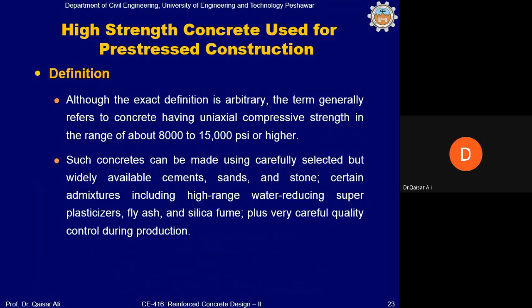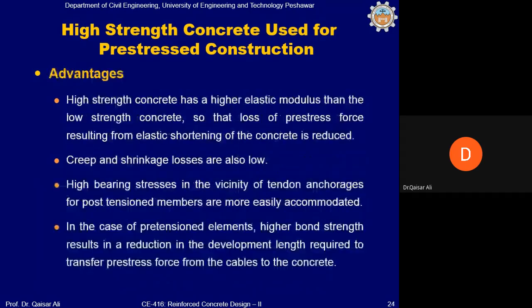High-strength concrete can be made using carefully selected but widely available cement, sand, and stone, and certain admixtures, including high-range water-reducing superplasticizer, fly ash, and silica fume, plus very careful quality control during production. I hope you have studied these things in your concrete course. The advantages of high-strength concrete are that it has a higher elastic modulus than low-strength concrete, so the loss of pre-stress force resulting from elastic shortening of the concrete is reduced. Creep and shrinkage losses are also low,